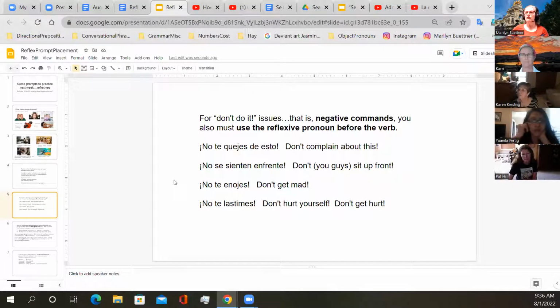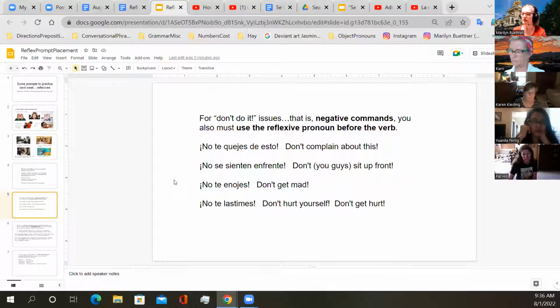Commands in English don't really look very different than a regular verb, but in other languages they do. Commands mean that you are telling somebody, giving an order to specifically do something or not. And in Spanish, commands may be affirmative, meaning, hey, go do it, or no, don't do it. So for a no, don't do it command,